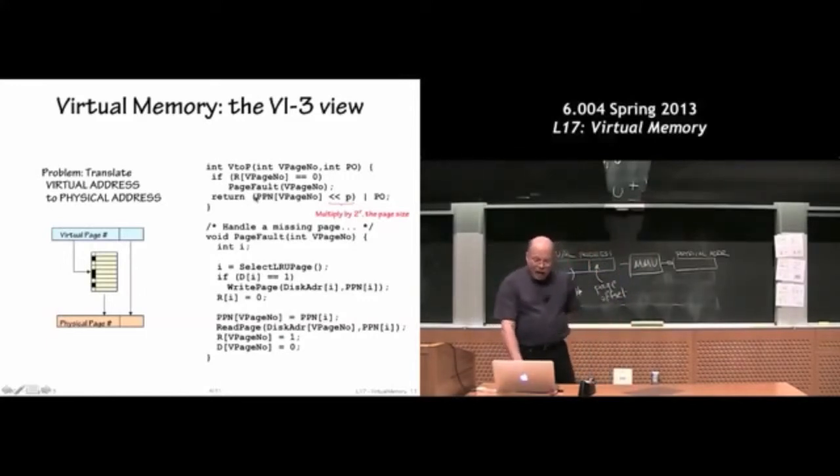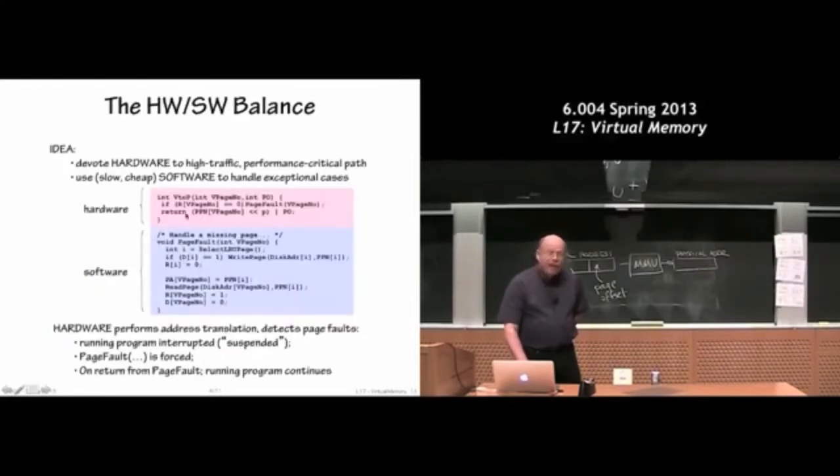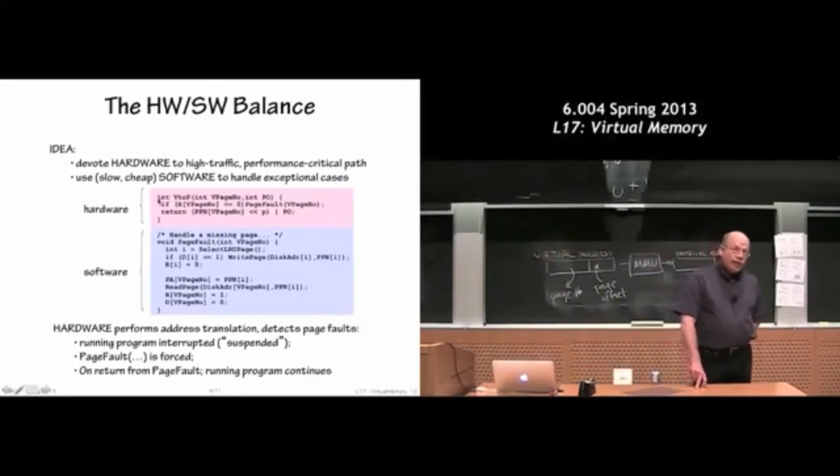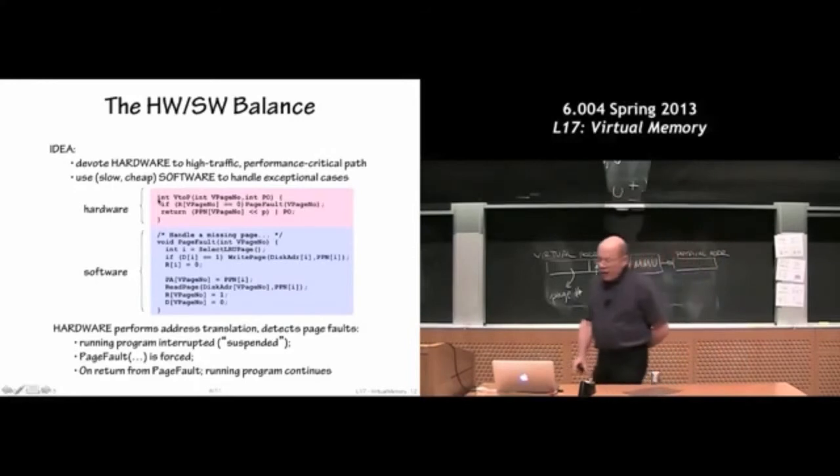And then this is the access into the page table, checking the resident bit, and if it's 0, producing a page fault, otherwise using the physical page number information and concatenating it with the page offset to form the physical address. Page fault is handled separately down here. And typically, this virtual to physical address translation is done in hardware, so it's fast. And then page faults